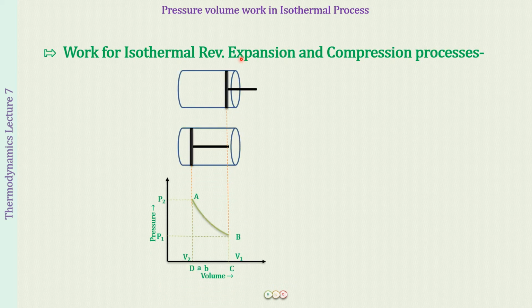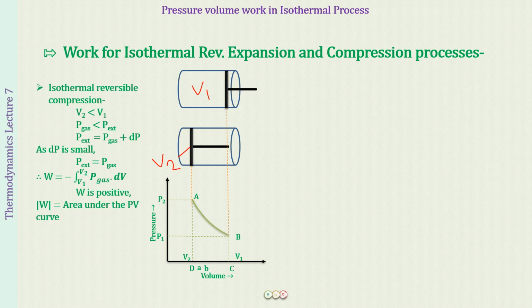So first of all, what you can see is that here we have a cylinder in which the piston is at a higher level in the initial state and it has reached a lower level in the final state. So what this means is the volume of the initial state is going to be more than the volume of the final state. So what is happening? Well, in this case, we are having a compression. A compression is happening. This is going to happen at the same temperature, constant temperature.